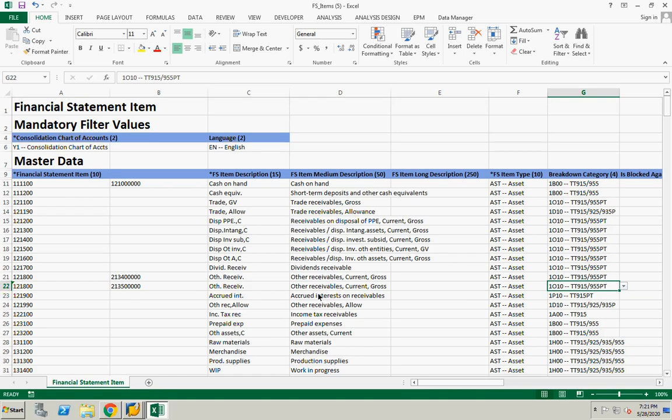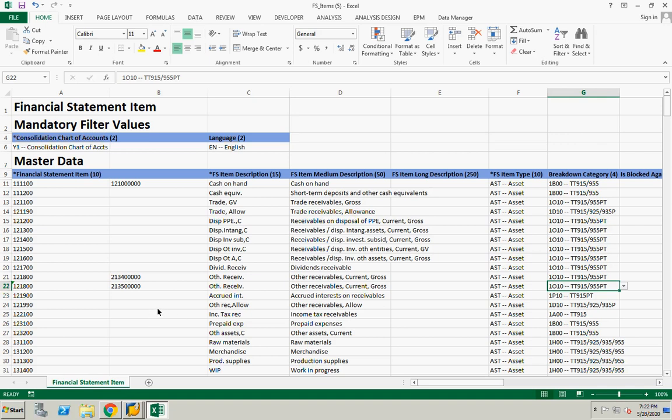Tomorrow, if you want to use some FS item roles which are delivered by SAP for consolidation of investments, that is also based on attribute value. So attribute value is very important. Don't replace or change the attribute values. If necessary, then you will understand. After this course, you will understand what is necessary and what is not necessary. If necessary, you can create and add it. Accordingly, you can change those settings.